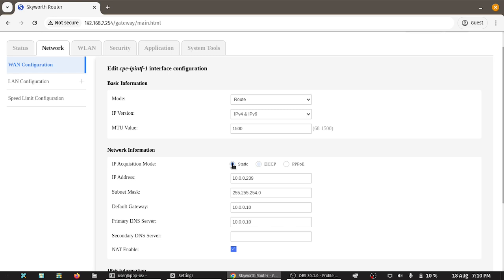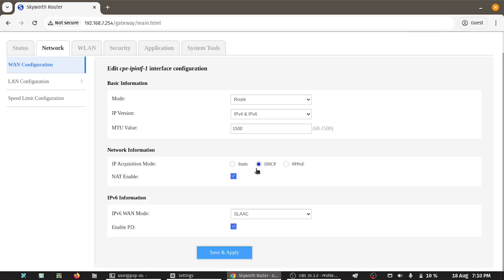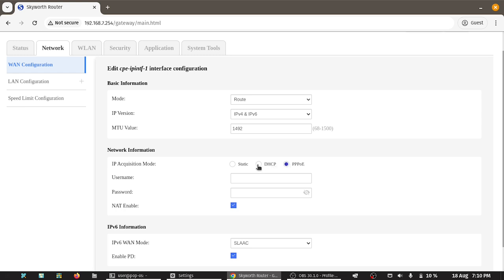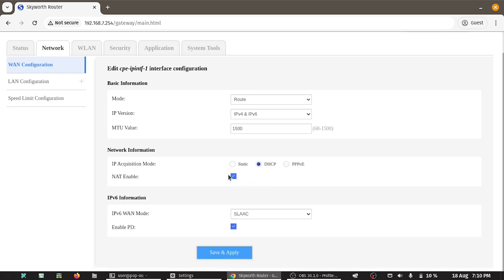You can set a static IP on the WAN or obtain via DHCP, or if you needed to, if you're on an OpenReach type network or your provider uses PPPoE, you can set PPPoE there. Enable NAT mode or disable NAT mode. If you're a power user who doesn't need NAT, then it's unlikely you'll be using this device anyway. So for almost everyone, unless you know why you'd want to turn that off, you will need the